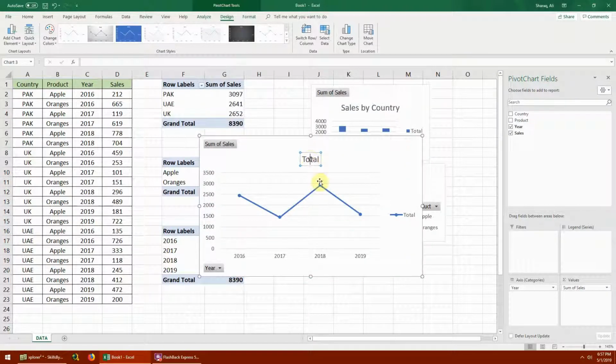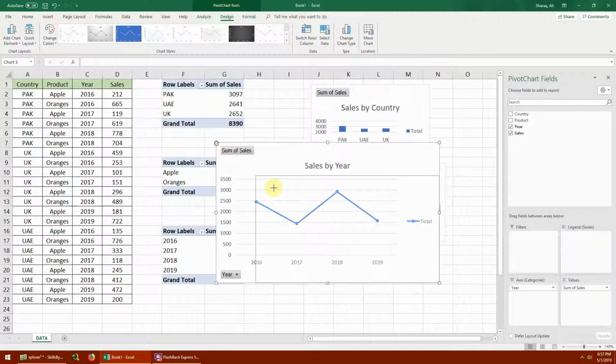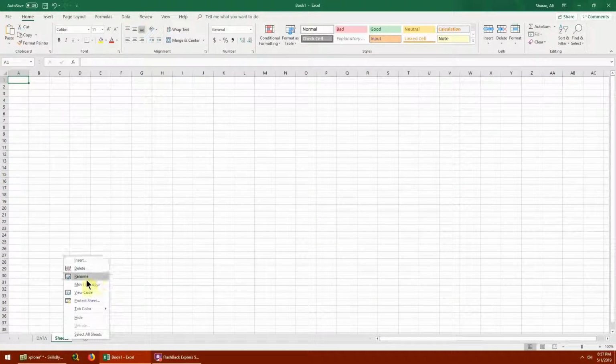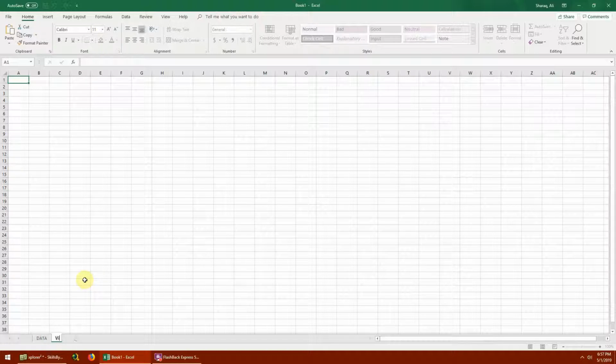So now this is my sales by year. Now I have all my three charts. What I'm going to do is to have my charts represented on a clean sheet. I'm going to add a new sheet. Let's call it my visualizer,